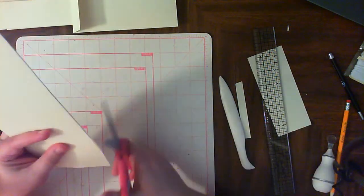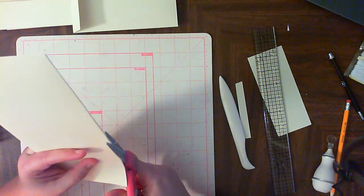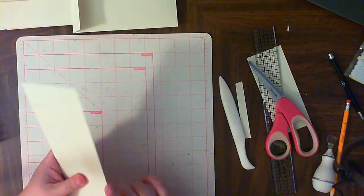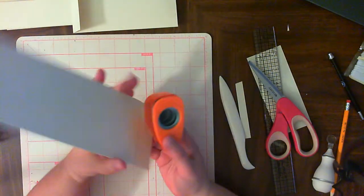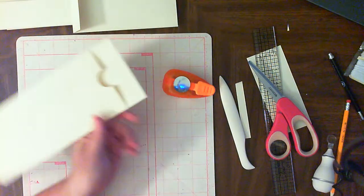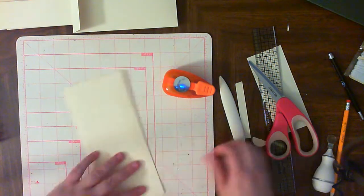And the one thing I should have done before I did that was I should have cut a moon out of it, but it's okay because this one is smaller. So I think all I'm going to do for this one is just use a circle punch. Since I have this one, I'm just going to go ahead and circle punch it like that. Okay. Then bring